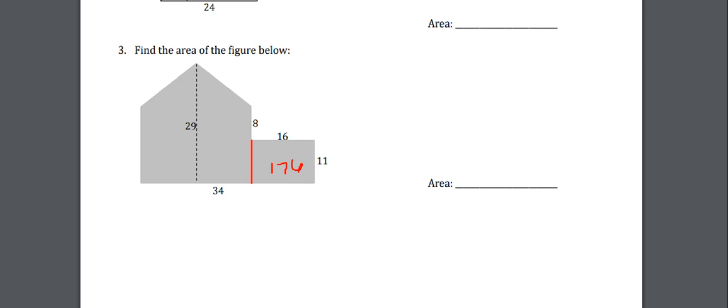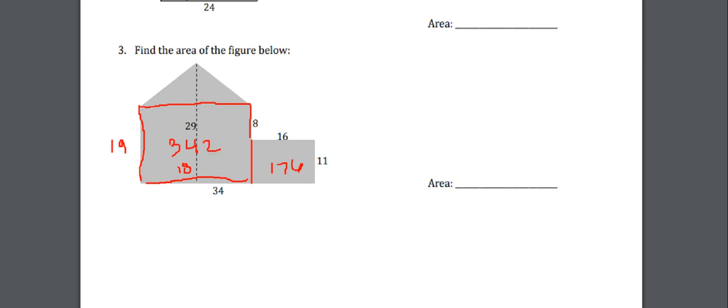Well, then I'm also going to draw a line right here, because I have another rectangle. And again, I know the area of a rectangle. This height going straight up and down, well, if that's 8 and that's 11, that means this is 19. And if this whole thing is 34, but I want to take away this 16, then I just go 34 minus 16, which is 18. So this is 18. So to find the area of this rectangle, it's 18 times 19, which means that this is